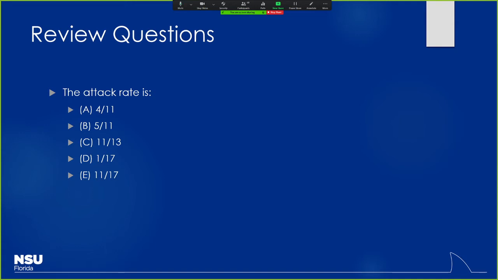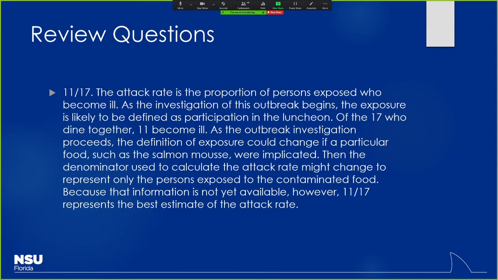Right, so the number of people who were at risk for being exposed, and then the number of people that become symptomatic based off of that, right? So 11 out of 17 would be correct here because 17 is your denominator of people who were at risk for exposure to whatever it could be, and then 11 people were the actual ones that ended up getting the disease itself, whatever this disease may be. So you can go back and look at that. And again, a higher attack rate obviously means it is something that is probably more virulent, able to spread more easily, things like that, versus if it had a relatively low attack rate, right?